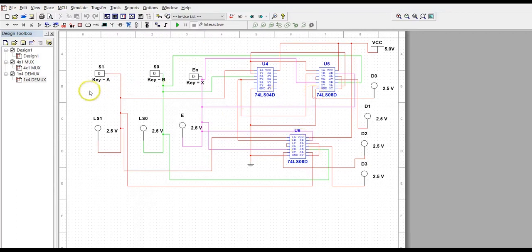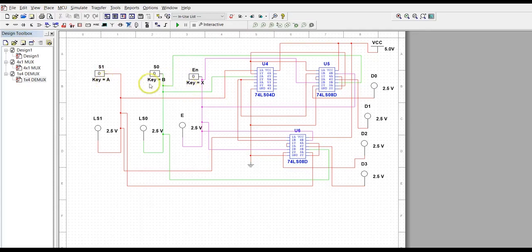Let us check the combinations. Totally we have 8 combinations, in which 4 we neglected, and the remaining 4 we are going to check here. If I give S1 0, S0 0 and X is 0, everything is 0.